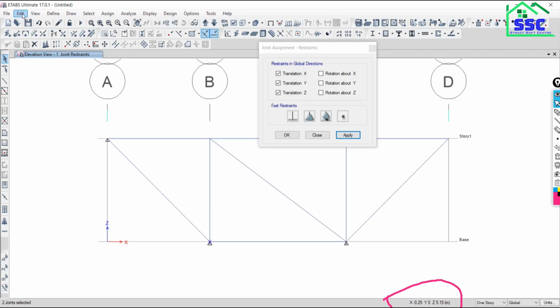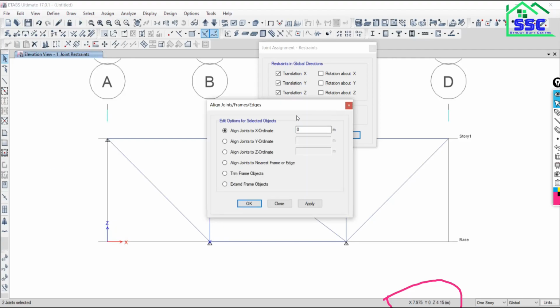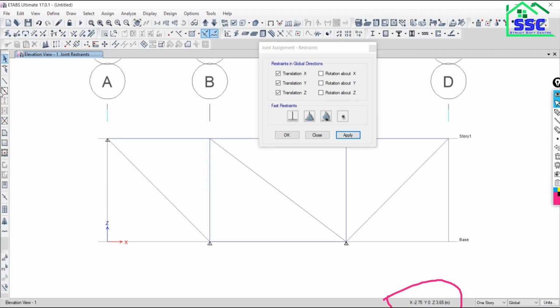Just go to Edit, then Align Joints, Frame Edges. I want to align all the joints at ordinate x equal to 3 meter. Say apply. Once you click it, the error will be rectified.